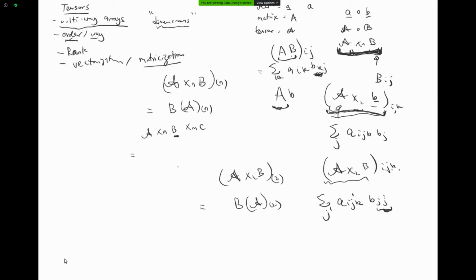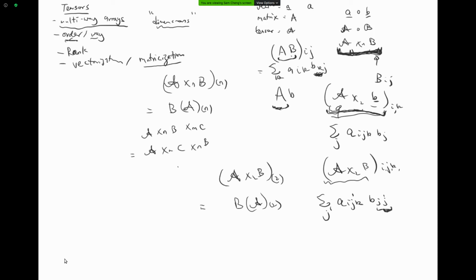But here both of them are matrices. So I hope I didn't say something that makes people even more confused. But what I want to say is that for this one, it's very easy to verify that this is the same as this guy. The order doesn't actually matter,